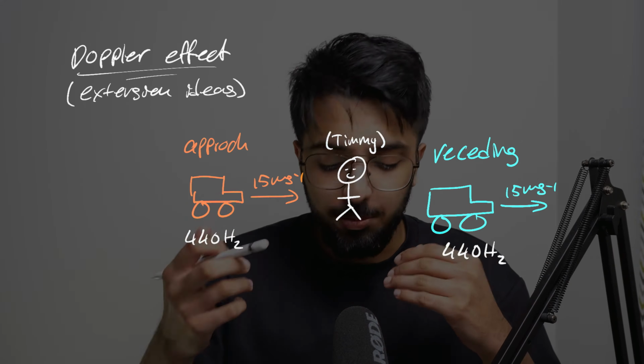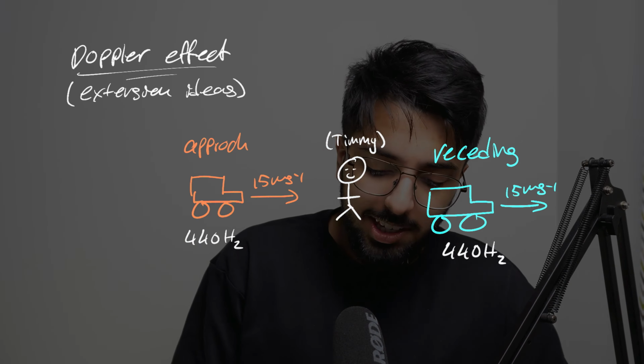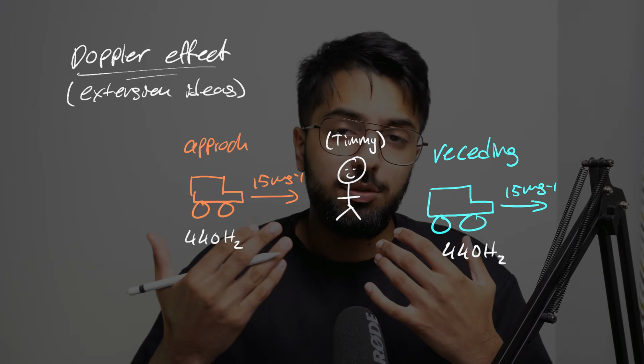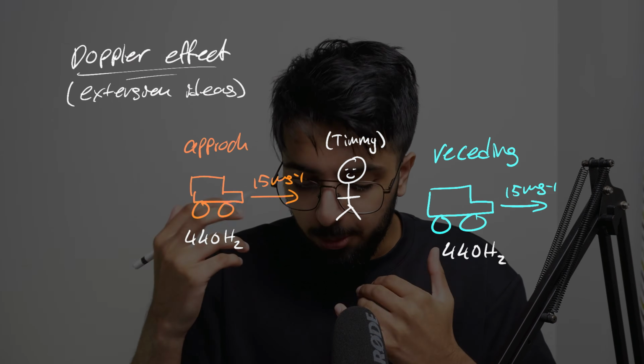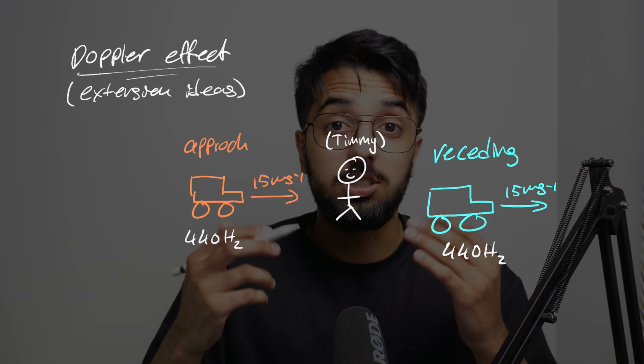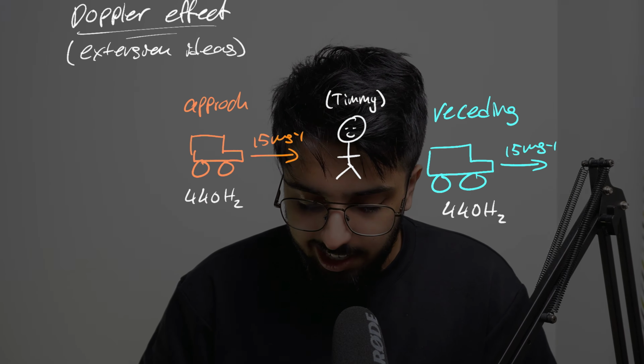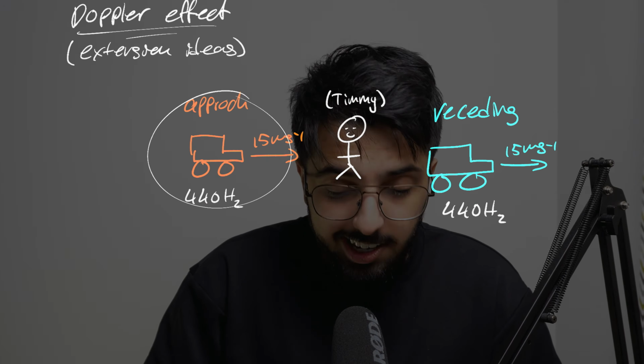Alright, so for this part 2 of the Doppler effect, we're going to be looking at some key extension ideas. This will be useful for anyone doing level 3 to get a higher level understanding, but also this will be useful for people that are doing scholarship. So just a reminder, in this case we are dealing with a moving source, in this case it's a car,